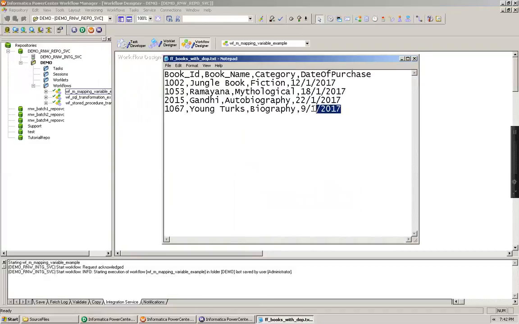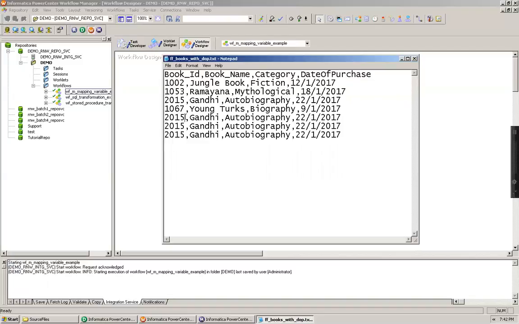Now let me copy this and create a couple of more entries. So let's say I created these 3 new records, and let me name this as one is 28th of, then 05, and then let's say 15.